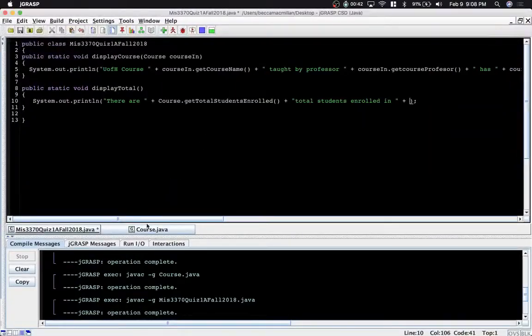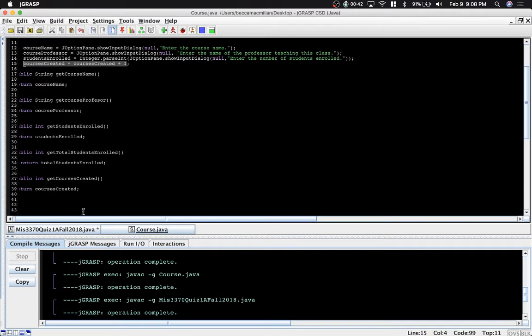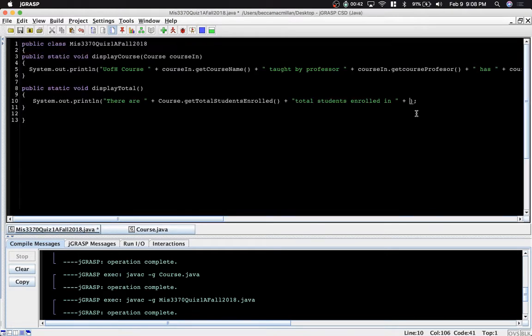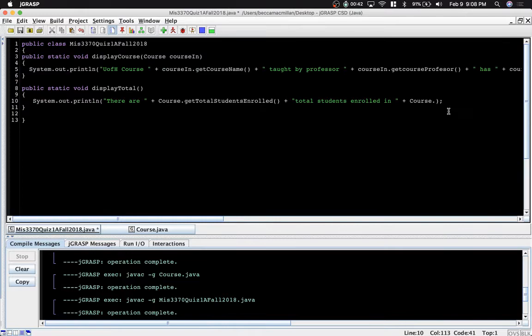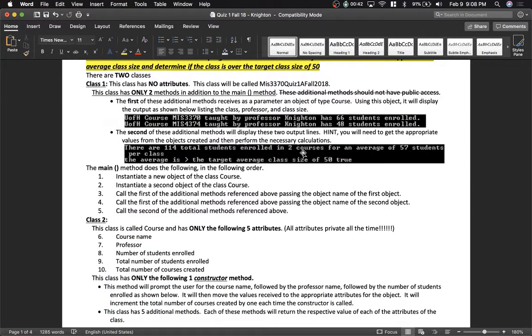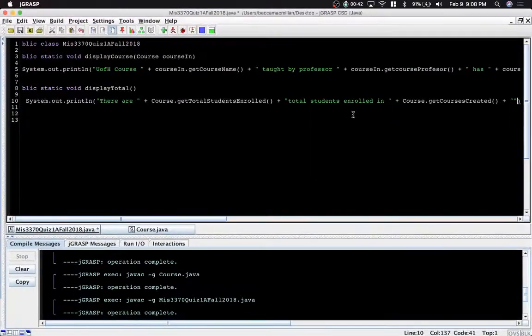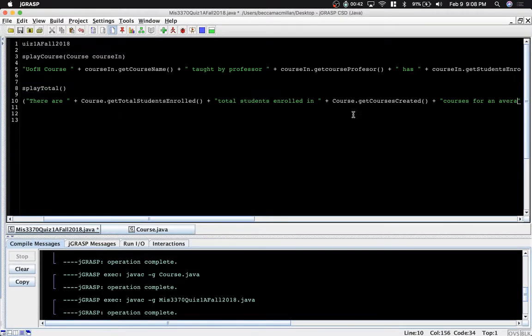So remember over here, in this line of code, what we're doing is keeping track of the total number of courses that we've created. So this is when we're going to use that number. Because we're calling a method from the other course, we're going to say course dot getCoursesCreated. Copy the name of this method, paste it there, add, because I know we have more words coming next, "to", and then we'll say "courses for an"